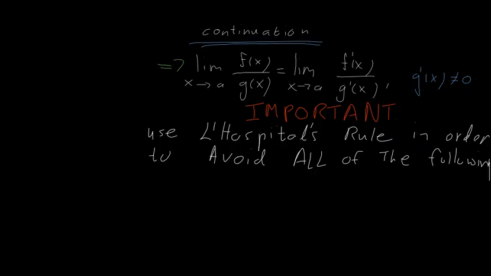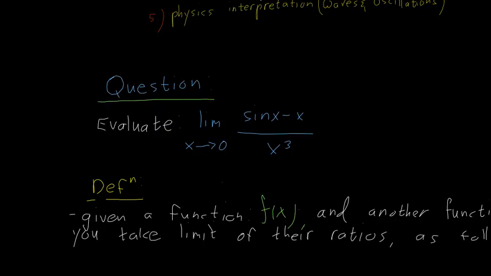Okay, and the following is this. If you have things like 0 over 0, infinity divided by infinity, infinity divided by 0, these types of cases, indeterminacy, okay? Now, for this problem that we're doing right here, if we plug in x is 0 in the bottom, we get it indeterminate. So we would think that we'd have to use L'Hopital's rule,